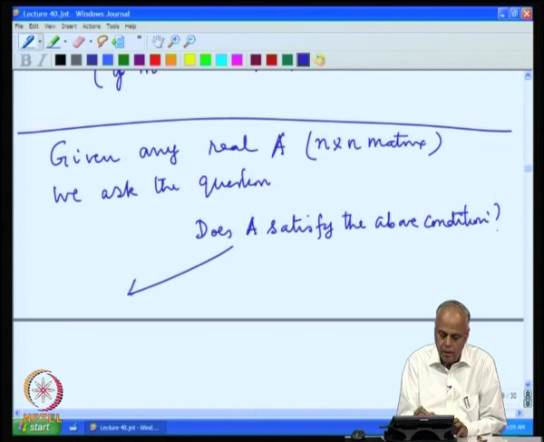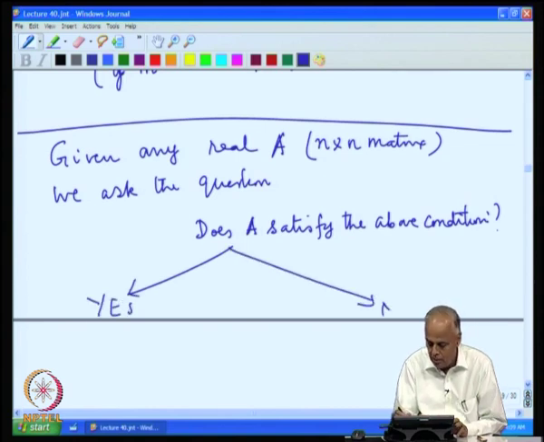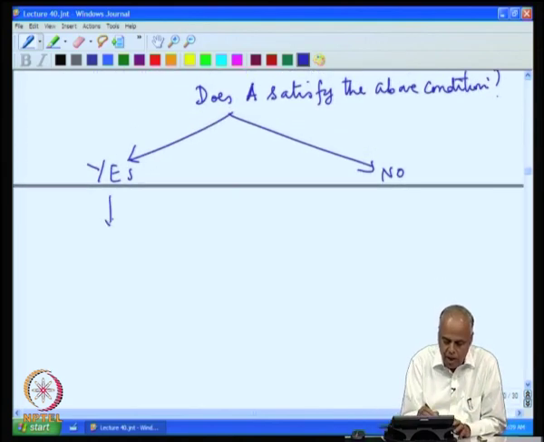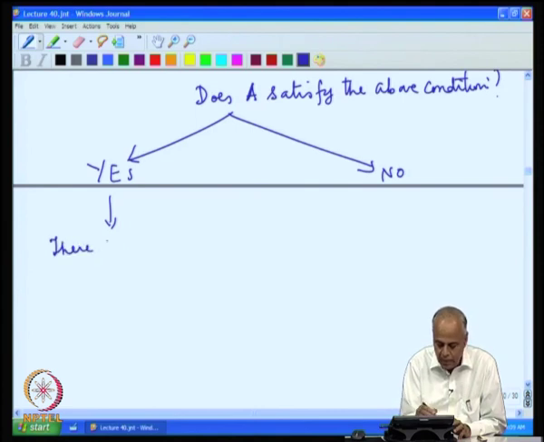And again the answer can be yes or no. In the case of yes, since it satisfies the conditions, there exists an invertible